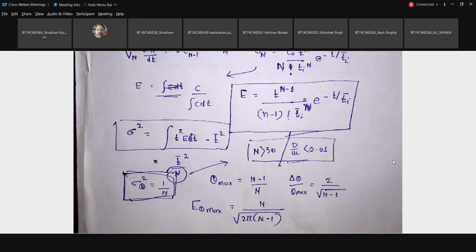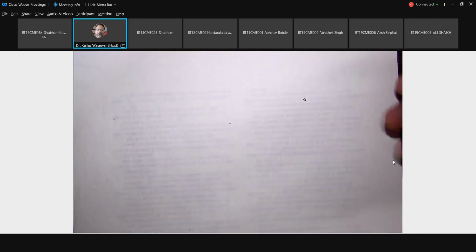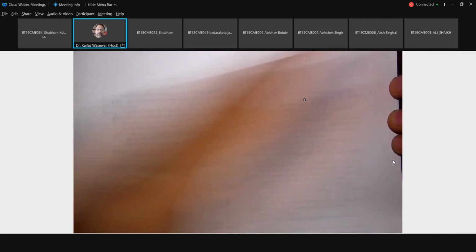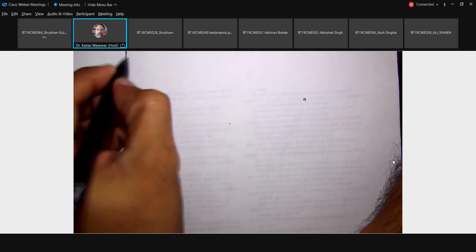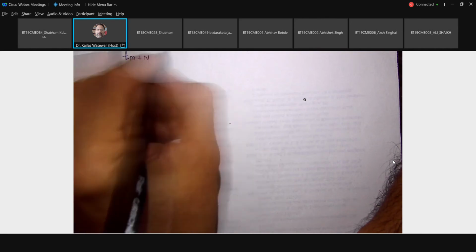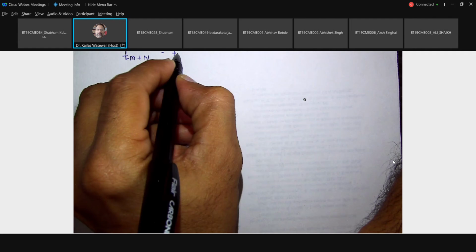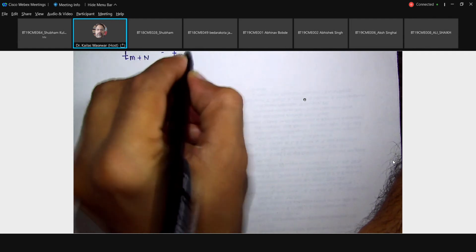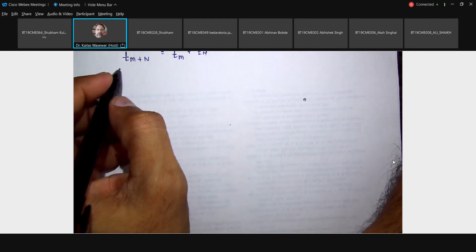So again, there is a similar kind of property that we have in the dispersion model. If there are two tanks connected in series, what will be the mean residence time for the two tanks? Suppose M tanks and N tanks are connected in series having equal volume, then the summation of these will give you the mean time of the total connected system.